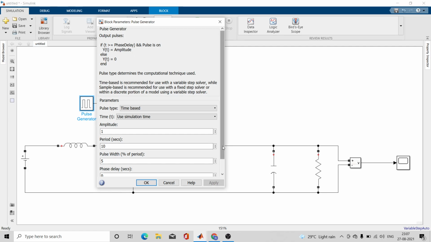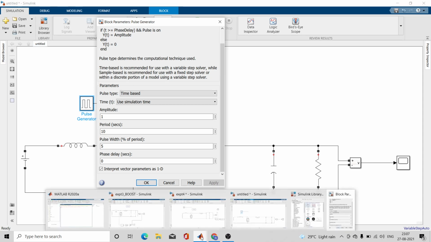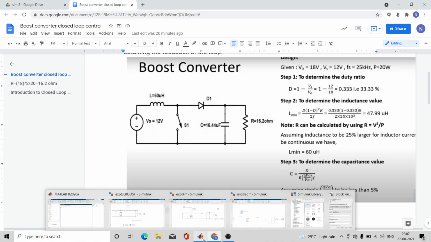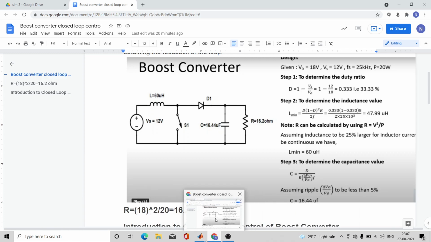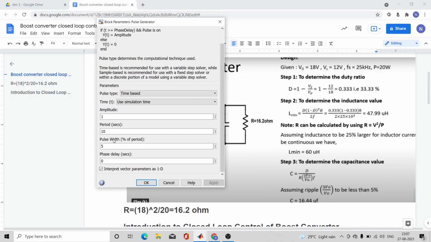As you know, the period is nothing but the inverse of switching frequency. Here the switching frequency is 25 kilohertz. So the inverse of switching frequency is 1 upon 25,000, which is 4e raised to minus 5.